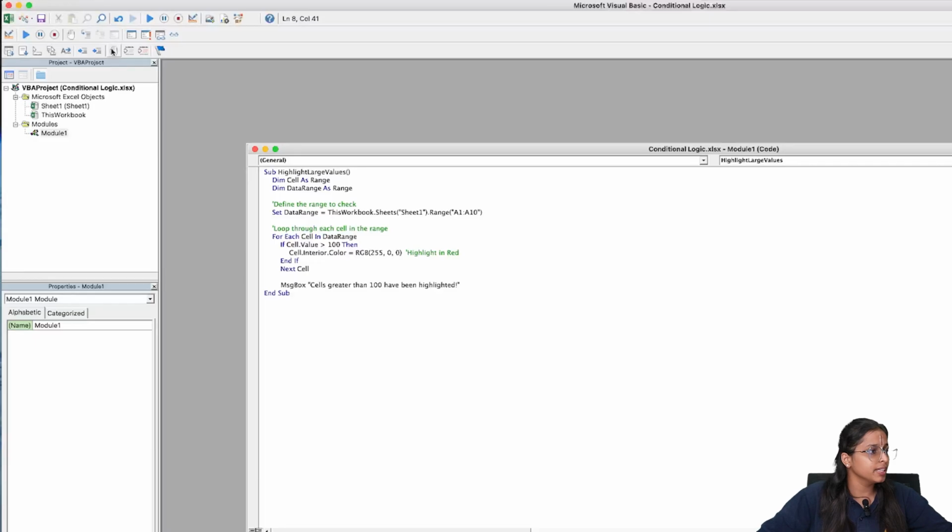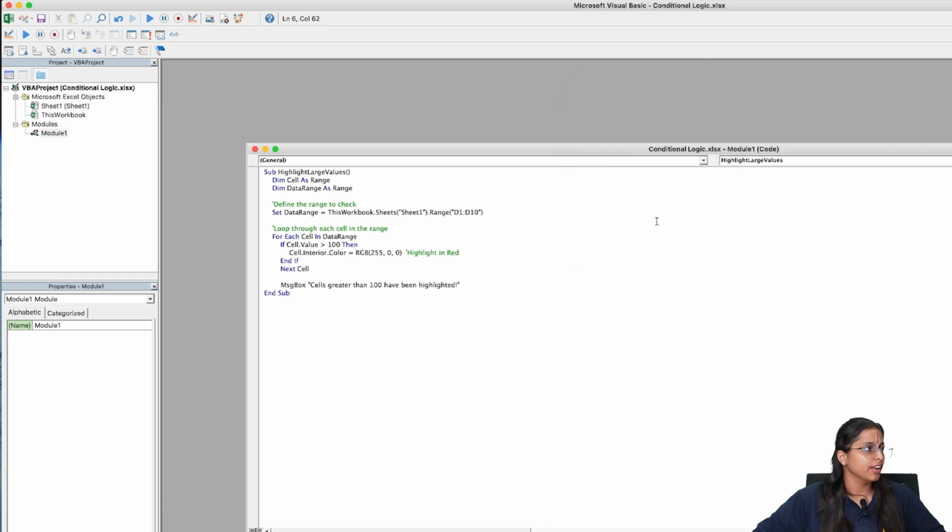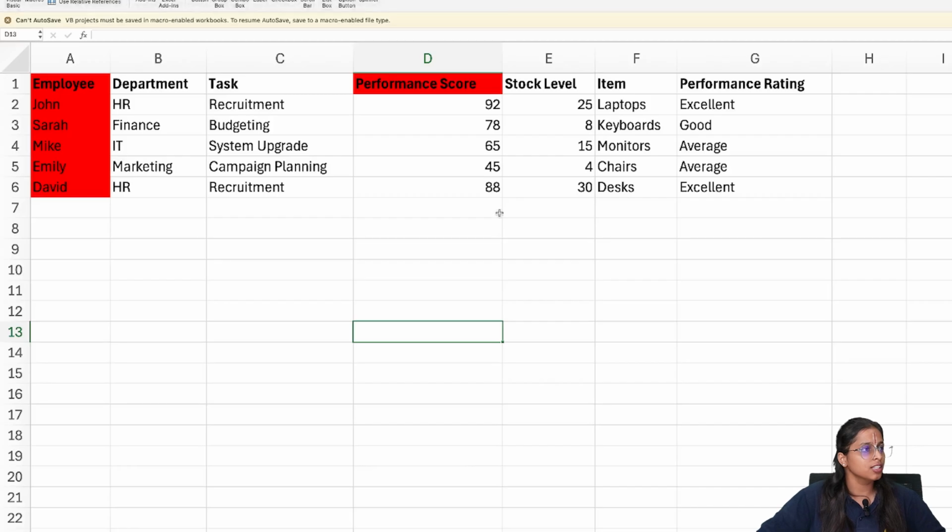I'll go to my VBA, change my code from A to D, then save it and run it again. Again I'll go to this and you can see only this has been highlighted because here no score is more than 100.